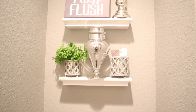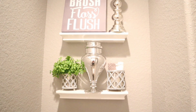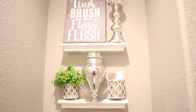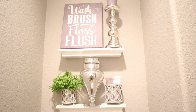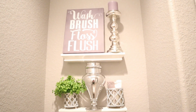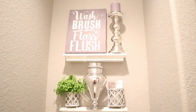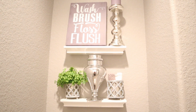And then guys, you probably have seen these beautiful blinged out candle holders in some of my other videos, so I just decided, as usual, to shop my home and go ahead and use these in this space. For one of them, I filled it with some faux greenery, and the other one I filled with some face towels. I added this mercury glass vase right there in the middle, and then I found that sign up there,